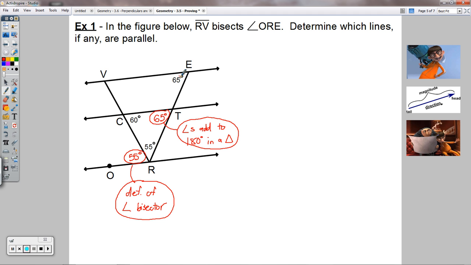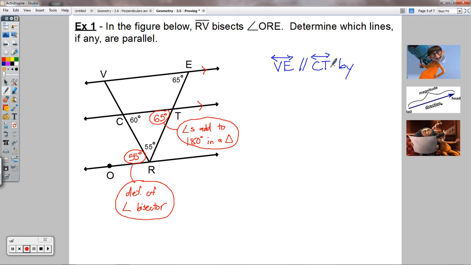Right here and right here, we have corresponding angles with respect to this transversal and these two potentially parallel lines. Since these two are the same, that means these two lines would have to be parallel. So I could prove that this is true right here and right here, but I could not prove that this line is parallel to that line. So let's write that information down. We have that line VE is in fact parallel to line CT